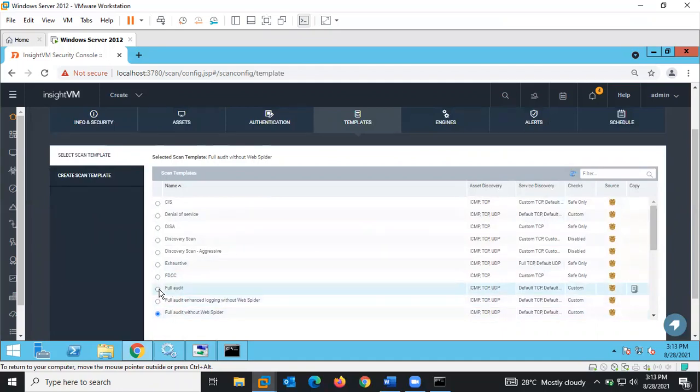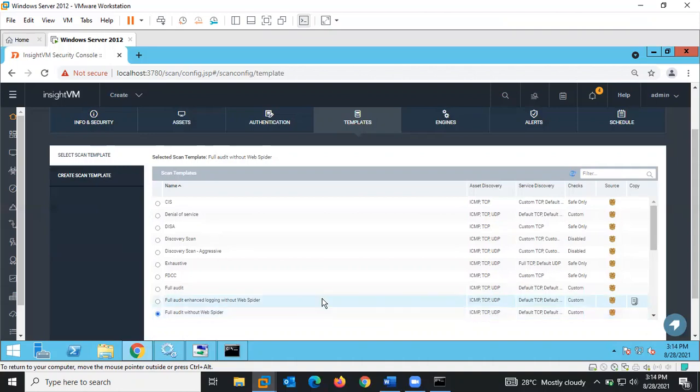If we're scanning a web interface, then we can do a full audit that will include web spider. This is Rapid7 technology for scanning web interfaces. But what I want to do is to run a full audit without web interface, because I'm basically scanning